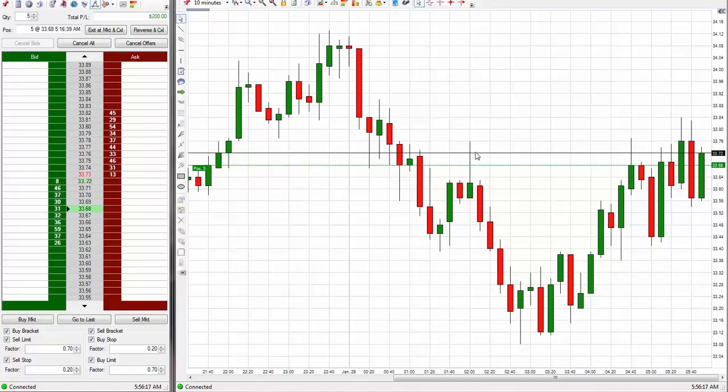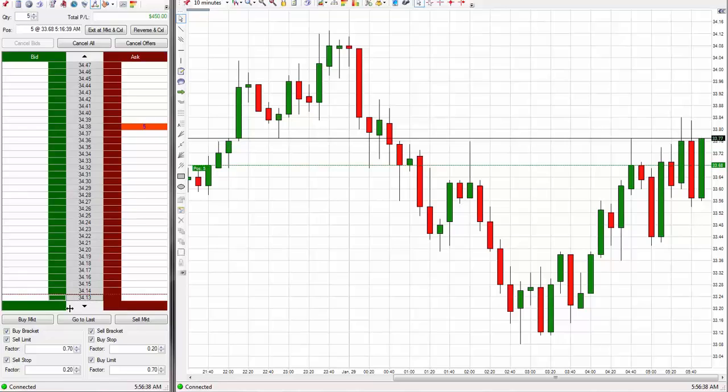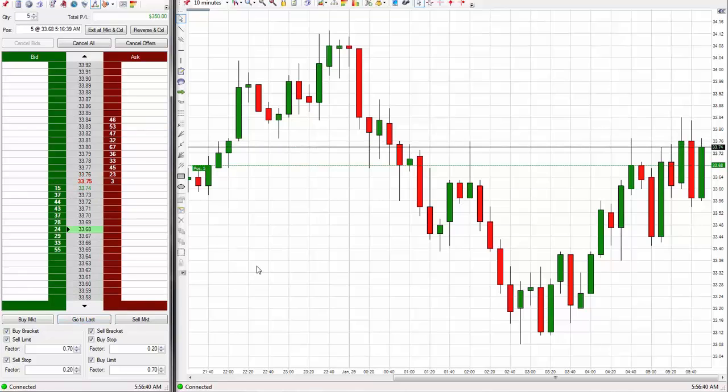By the way, just to point out, my exit is above the top of this chart right here. It's all the way up at 34, 38, so it goes above the top of this chart right here. That's the power of knowing how the computer works in advance.